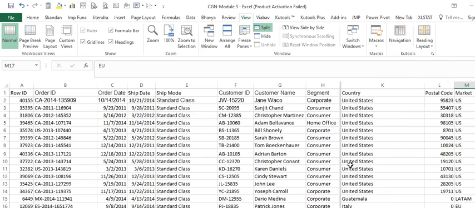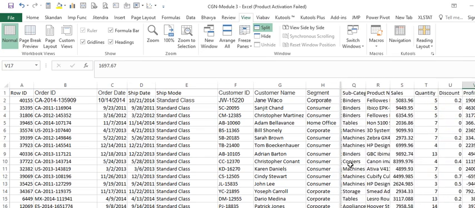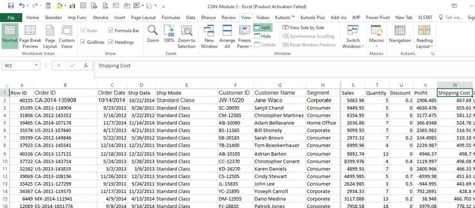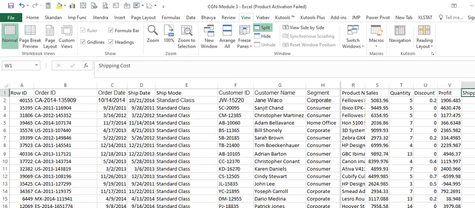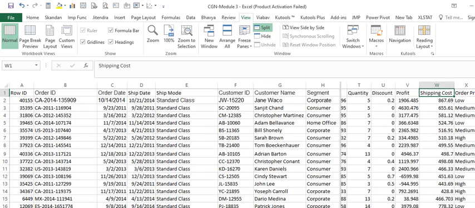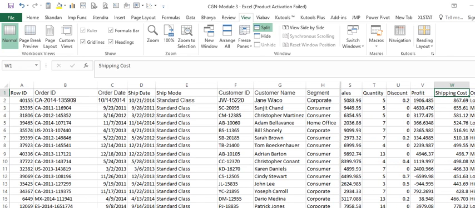Now I will position the particular columns which I want to see. I want to look at the sales, the quantity, discount, profit, shipping, and the order priority is something I want to see. So let us say we are looking at these columns, the sales and quantities for each of those customers.